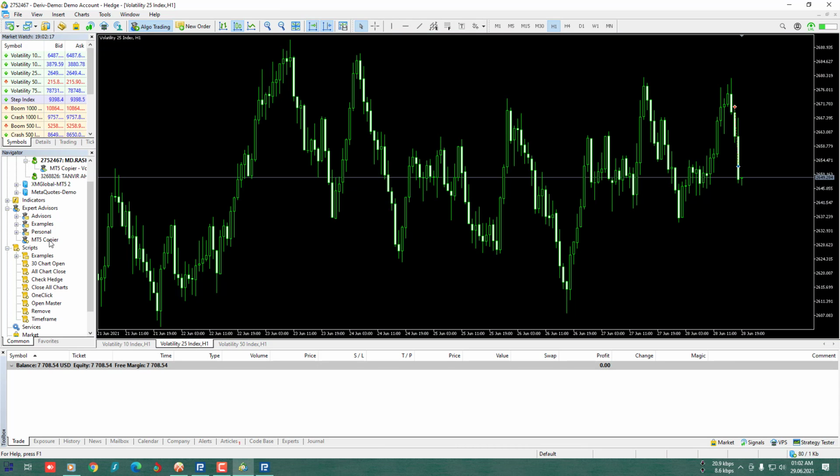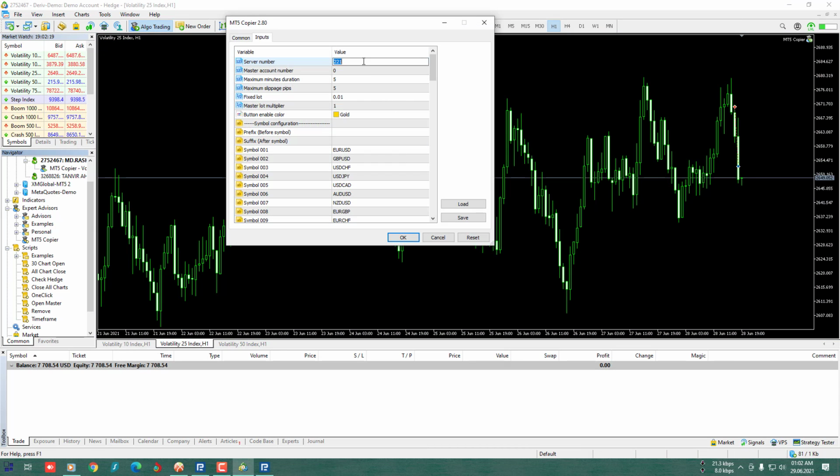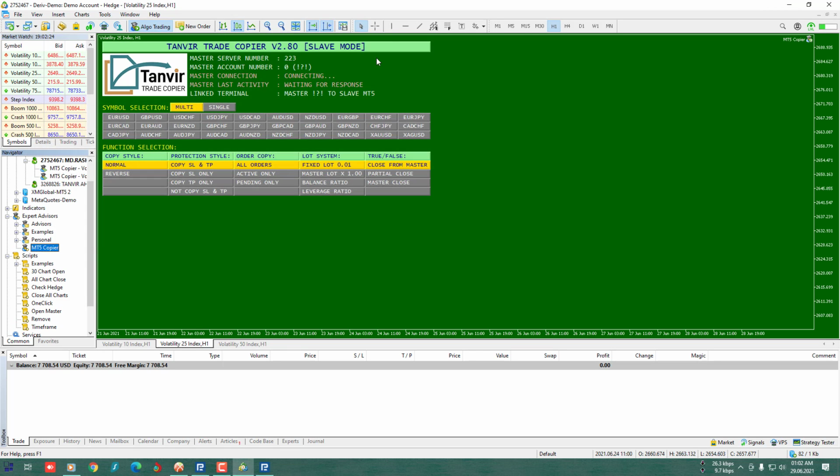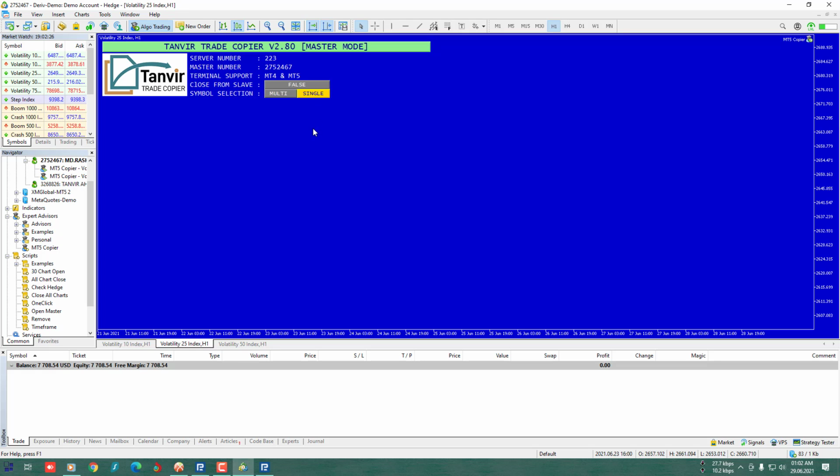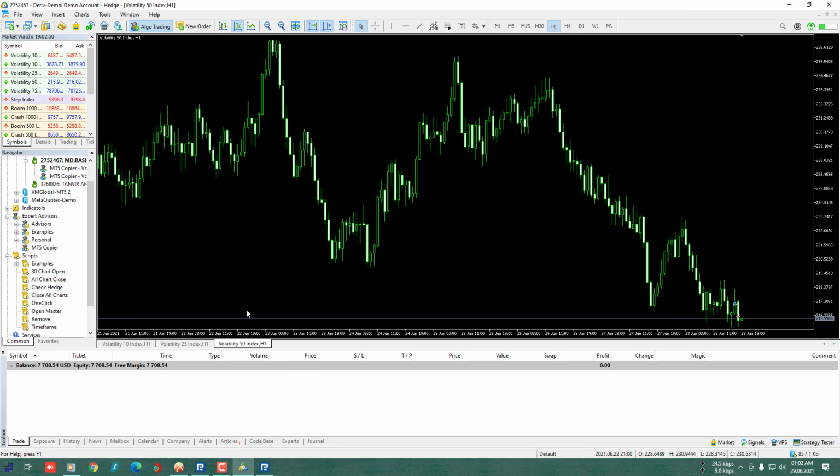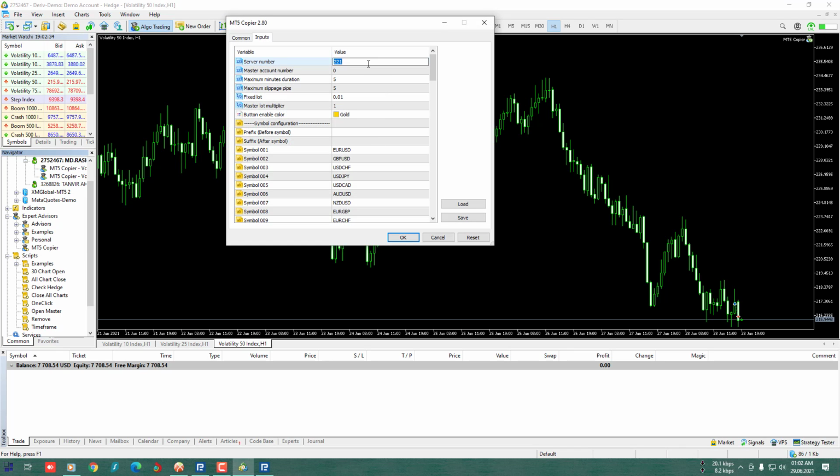Server number 223 in this chart. And server number 224 in this chart.